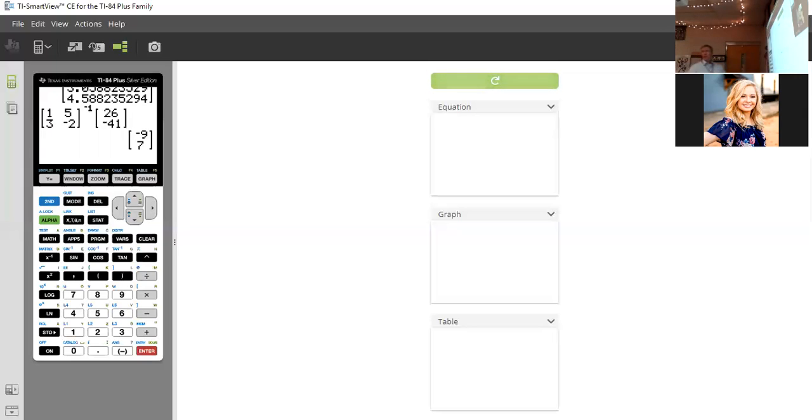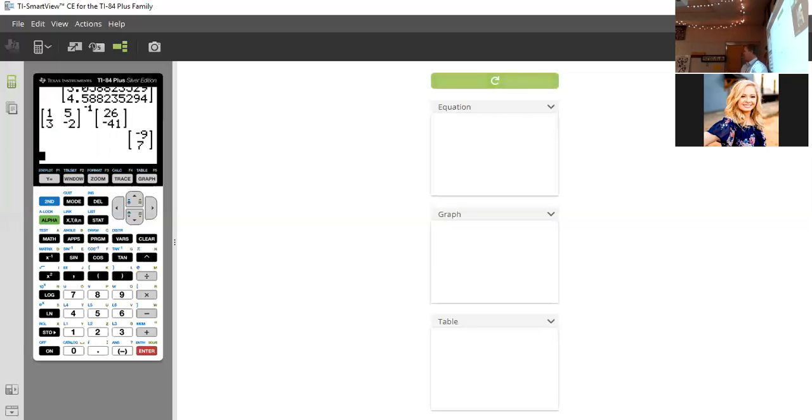-9. Now understand what your answer is telling you. What is -9? Which variable? X, and 7 is Y, because that's what was on top and what was on bottom. You got me? So X equals -9, Y equals 7. Done. All right. It seems like it takes a long time, but that's because you're getting used to putting it